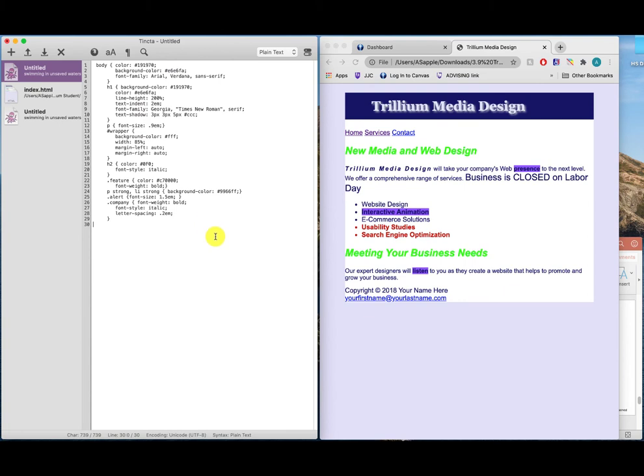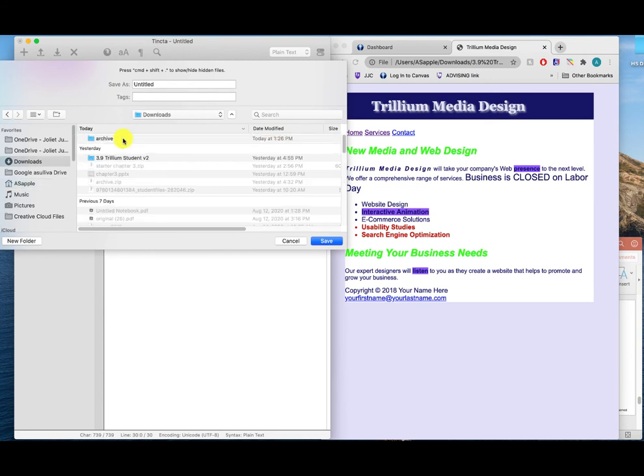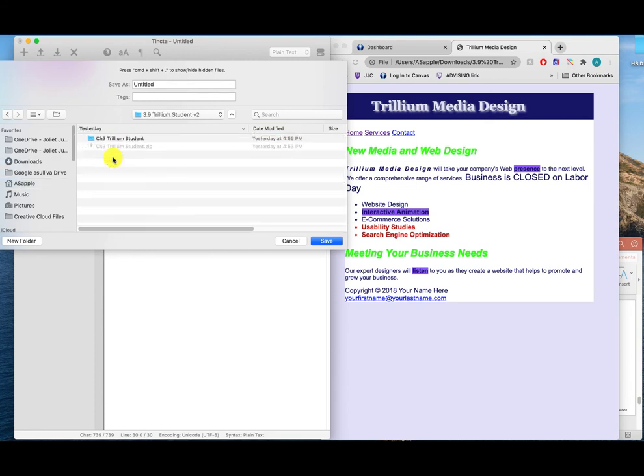Now that I've pasted this code into a separate document, we're going to go to File and Save As. And make sure you save this to exactly where your other file is located. You can't just stick it on your desktop or in your downloads folder. It has to be in that folder in which you are saving all of your other files. So I'm going to continue navigating there. And the other thing is that we're going to call this one